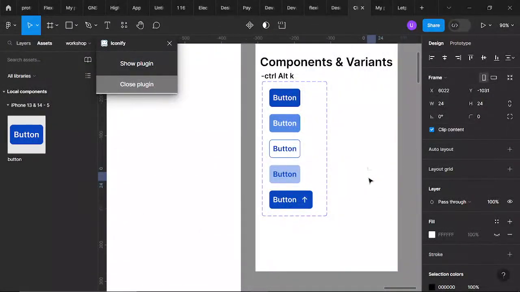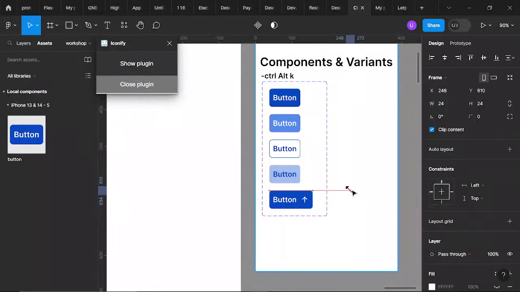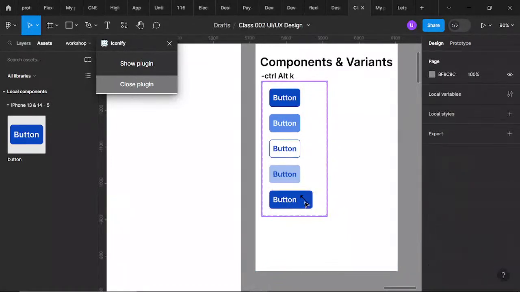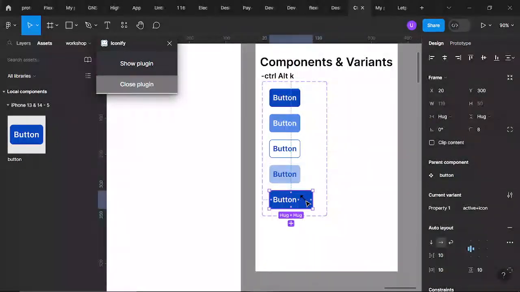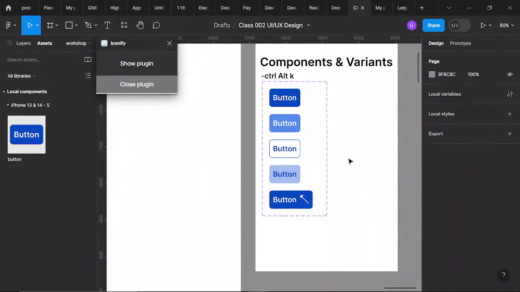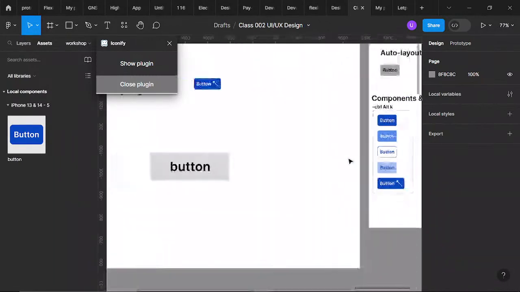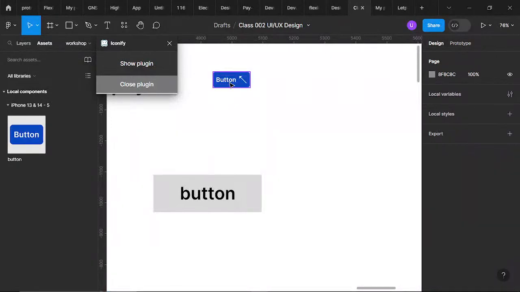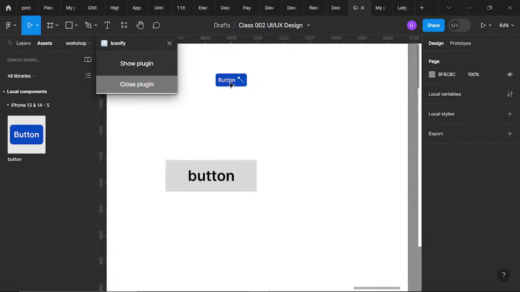Now I want to change this previous icon to this. What I need to do is just to come here and put in that one and delete this. Right now I want to make this white also. Just come here and make it white. Now I have changed it, right? So if you go back to wherever you used that button, you will see that it has changed. You don't need to be editing each one since you have a source.